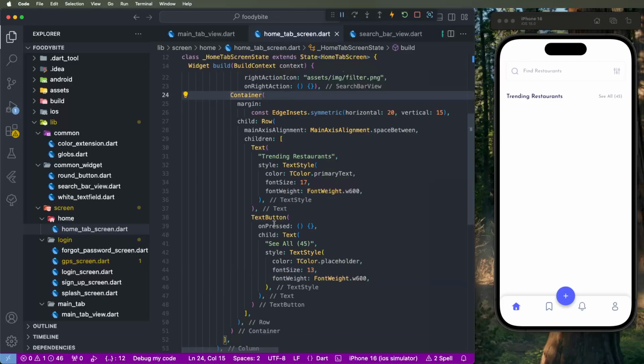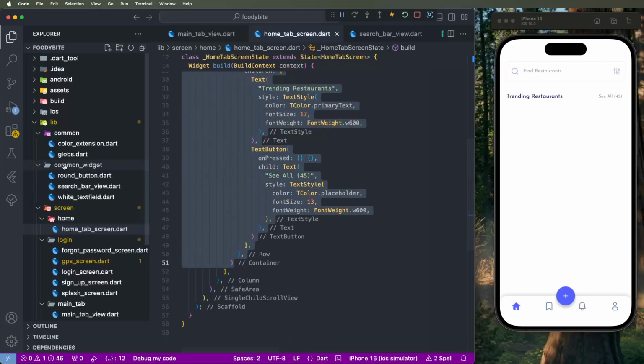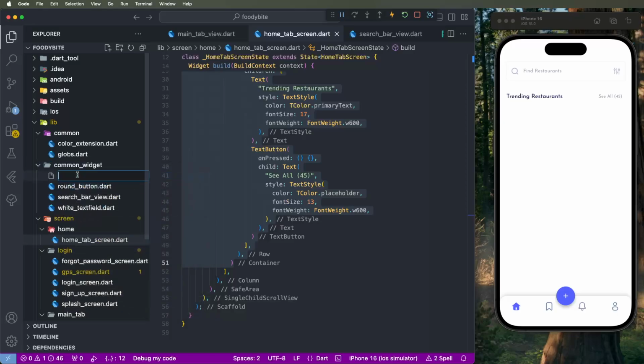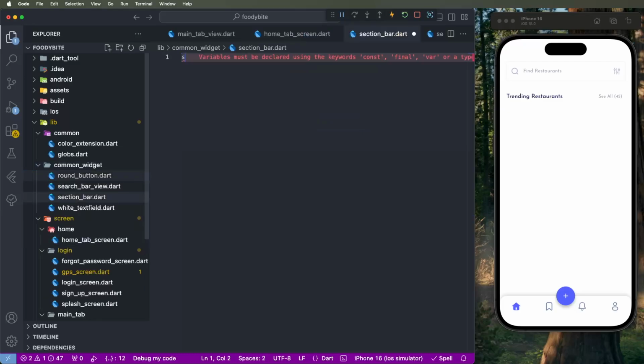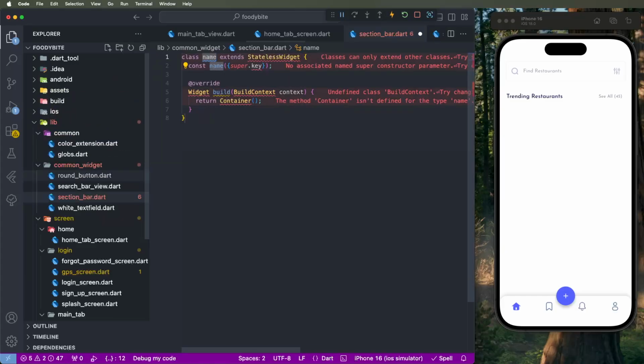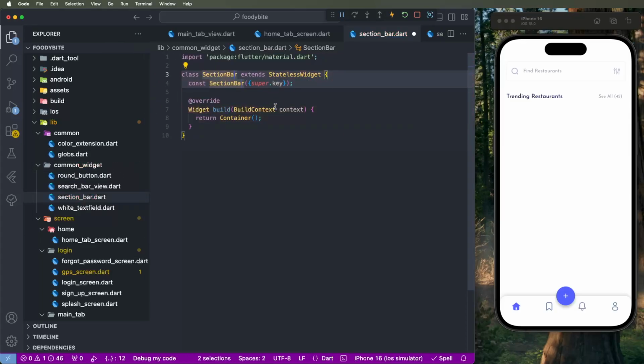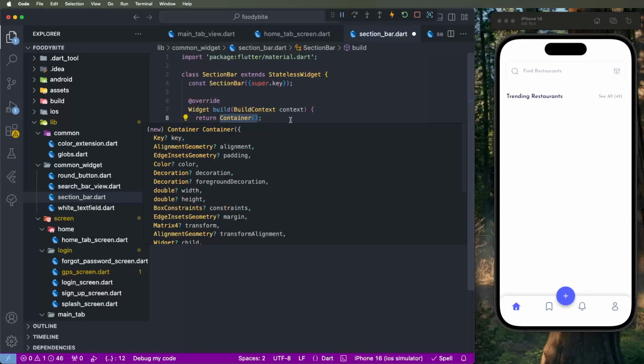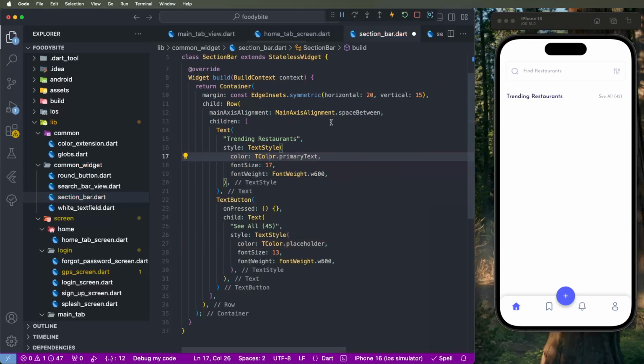Now need to convert into the common action bars. Need to cut this code. Go inside the common widgets. We need to create the name section bar dart, and create the stateless widget, section bar. We need to import the material dependency, paste this code, import the color extensions, and declare